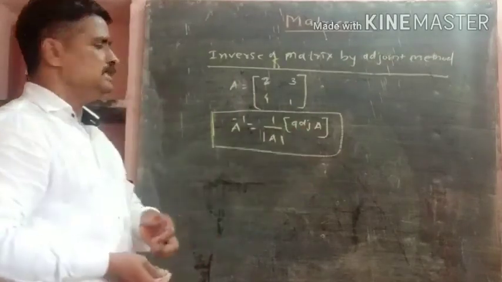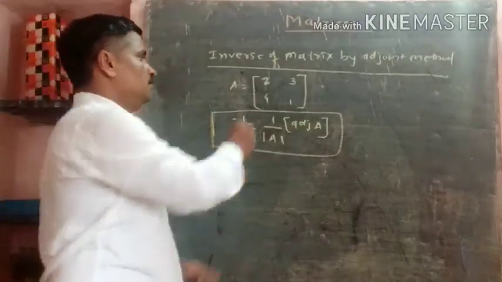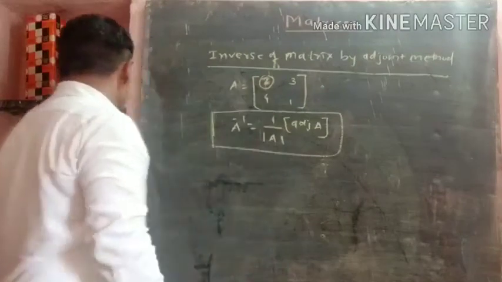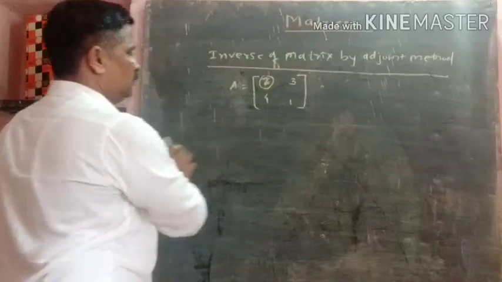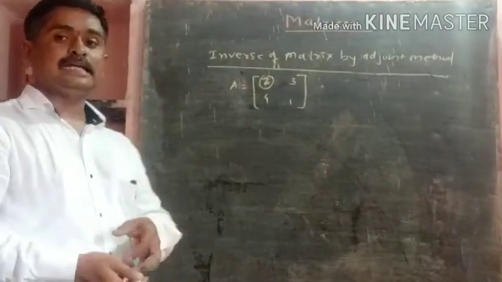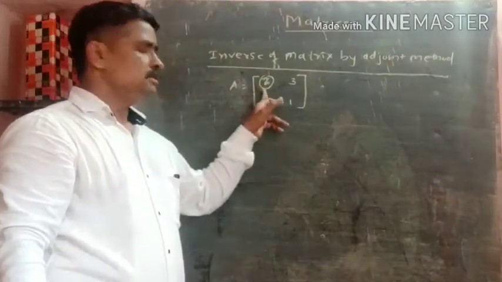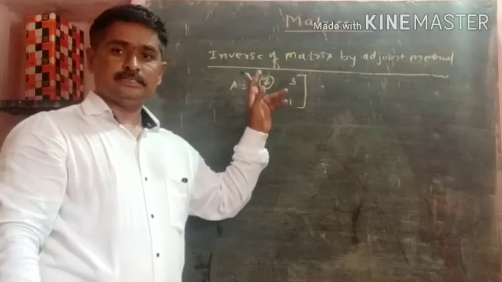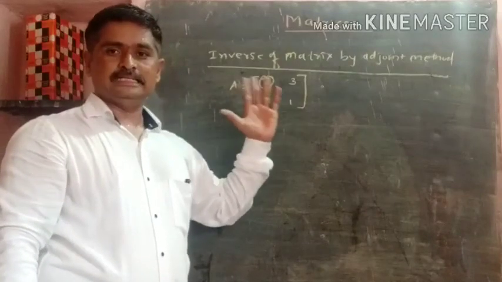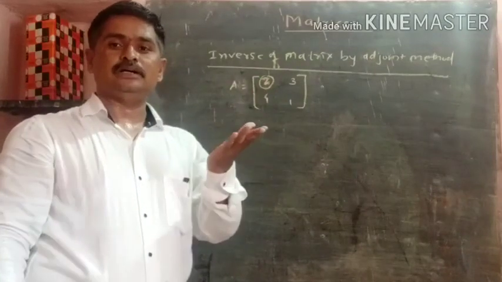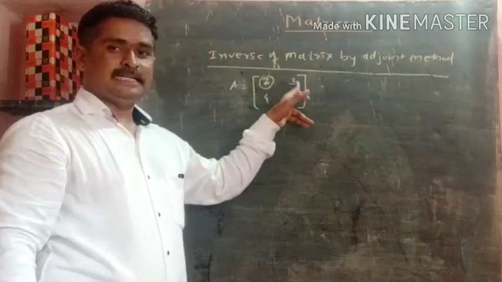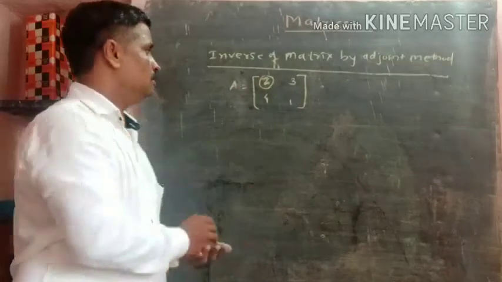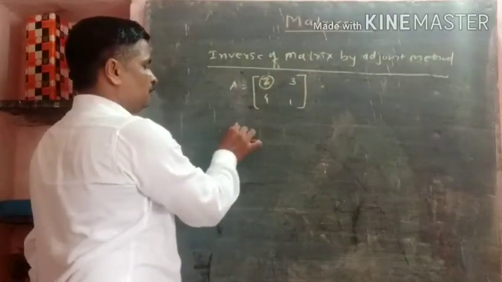So consider any example. First of all, we have the idea about minor of each element. So minor, what is this? What is the meaning of minor? Minor is nothing but a determinant of a number by replacing the respective row and respective column. So first of all, we write